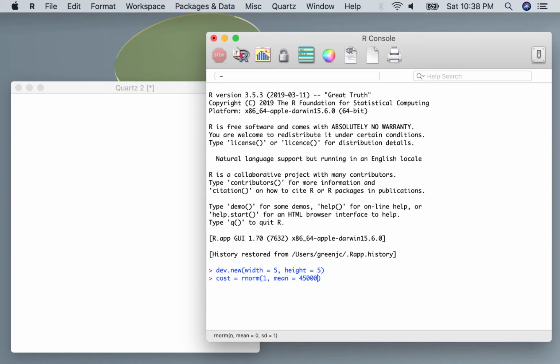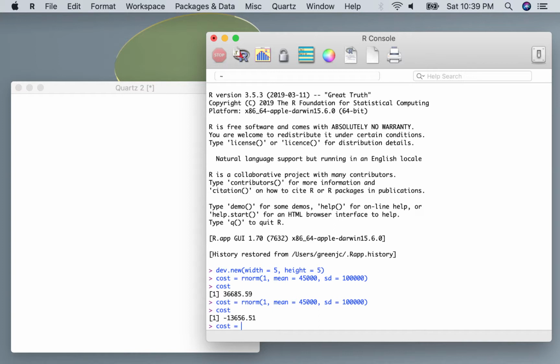Now in your assignment, I give you a mean and a standard deviation for cost because we're modeling cost as a distribution. So rnorm, that's a random normal variable. We're going to say one observation with a mean of 45,000 and a standard deviation of 100,000. So it gives us one observation there. Remember, the distributions are also random number generators. So when I ask for one observation, one draw from a normal distribution, take one number from a bell curve defined by a mean of $45,000 and a standard deviation of $100,000. Those means and standard deviations are the same that I give you in the assignment letter